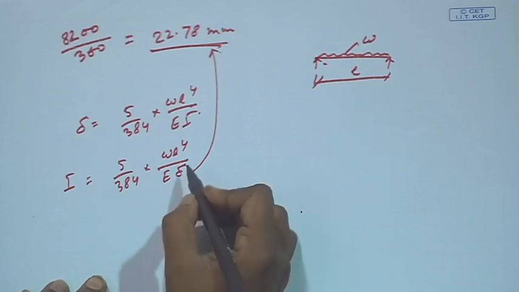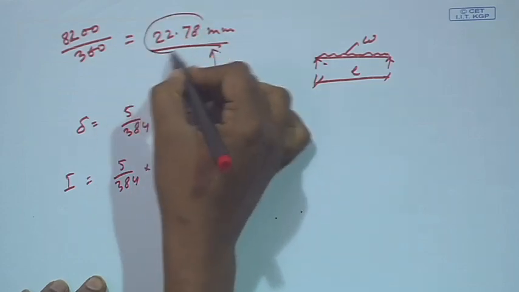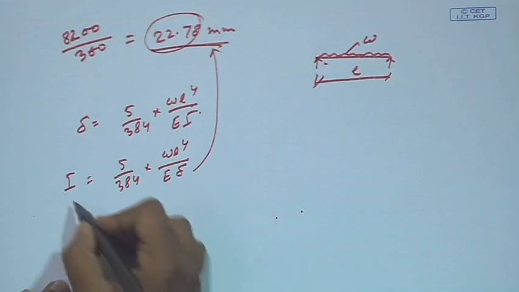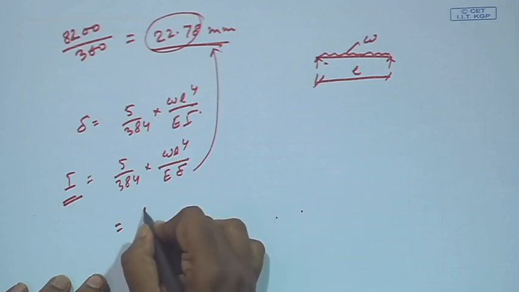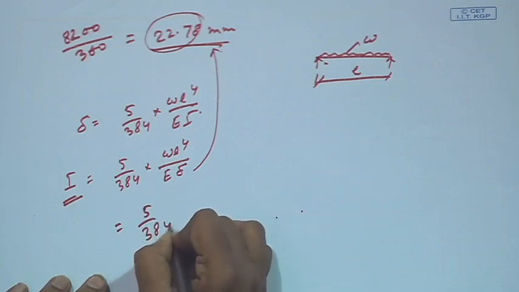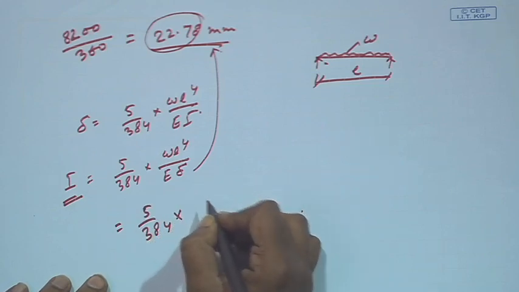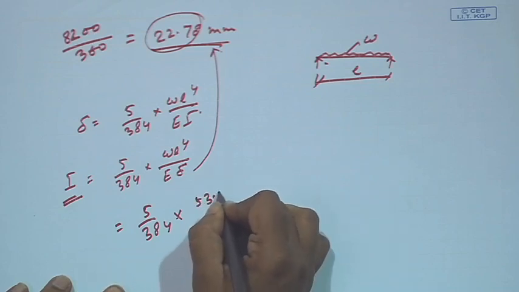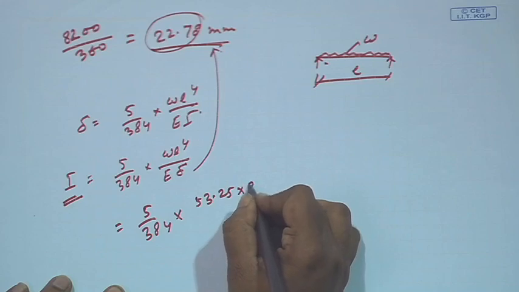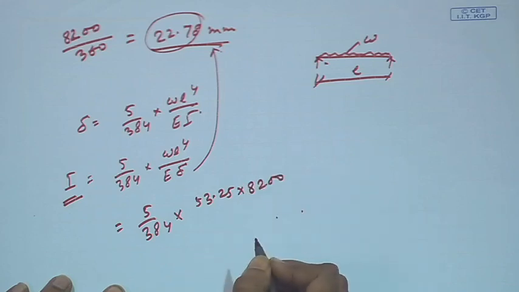This delta can be allowed up to 22.78. So, from this I can find out the required I of the section. If I put this value, W was calculated as 53.25 and length is 82,